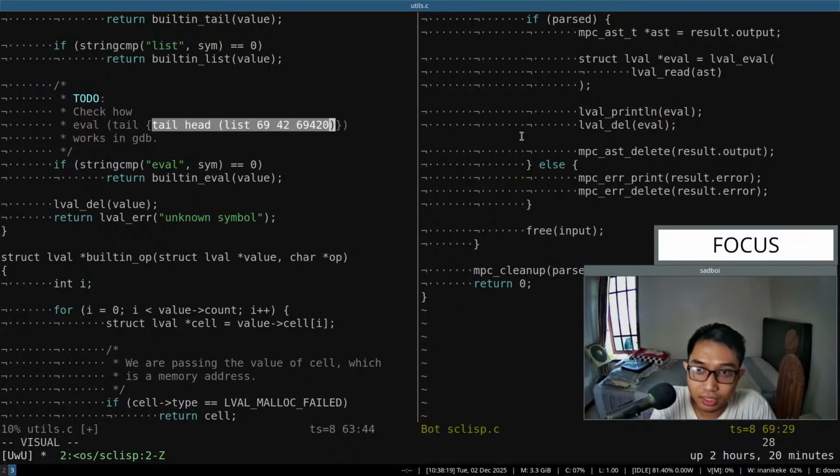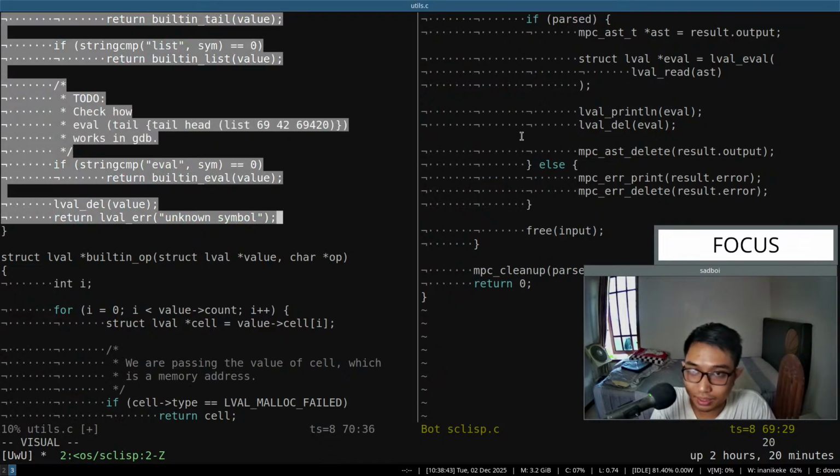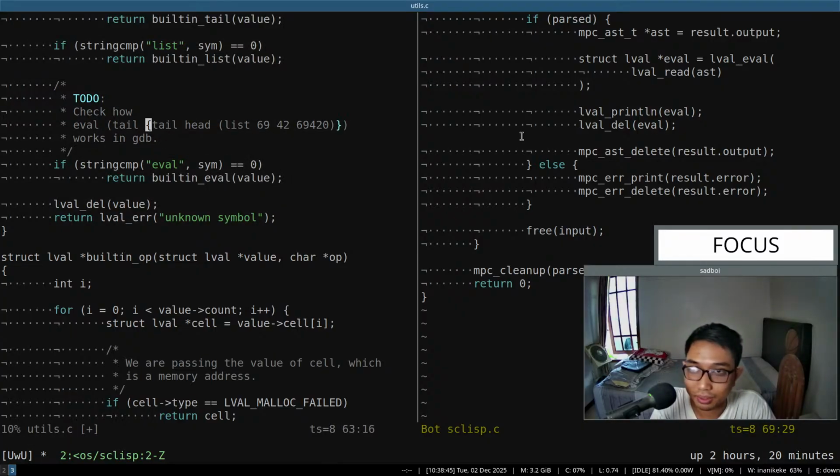We are evaluating the quote expression, which has the curly bracket around it, right? So we are executing tail with this, oopsie, with this, no, not that one. With this, oh yeah, I guess we cannot do it on